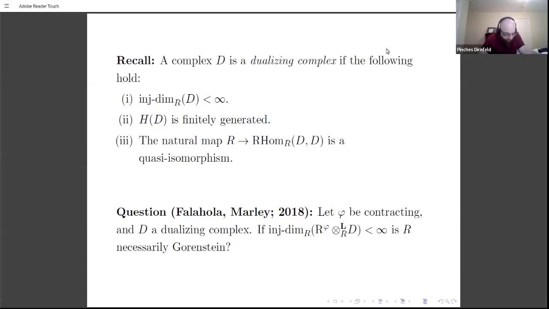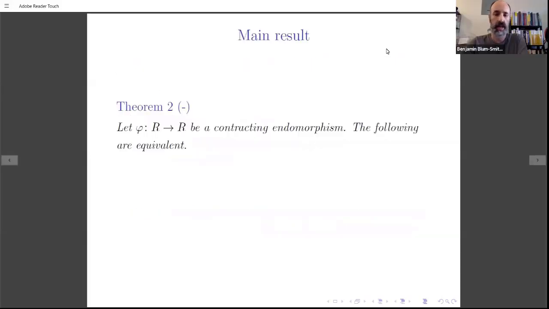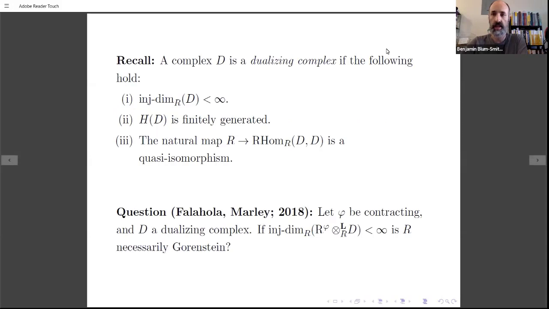So let me get to the main result of this talk, and then I will give a little outline on how I'm going to prove it, dissect the outline a little bit, and then show what tricks I'm using to actually prove this. That last theorem was not under the Cohen-Macaulay hypothesis. If you have a Cohen-Macaulay ring, then a dualizing complex is in fact a dualizing module, which is really a canonical module. Got it.